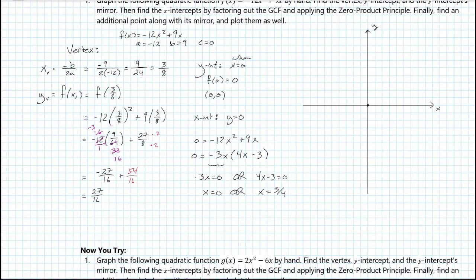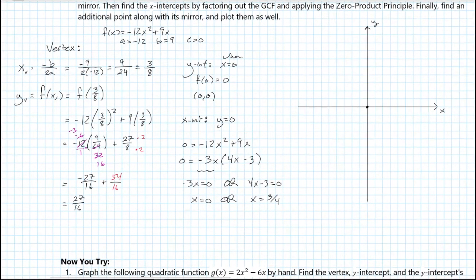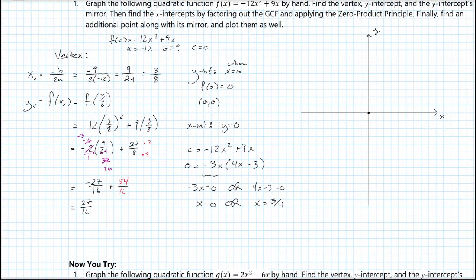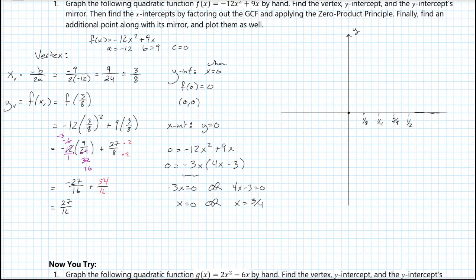All right, this is nice because it shows me that this x-intercept is at 3/4, and I've got all of these fraction numbers. So I think in my x-axis, I really want to go by 16ths. So this is 1/8, and then 2/8 is 1/4, and then 3/8, and then 1/2, and 1, 2, 3, 4, 5/8, and then 3/4,